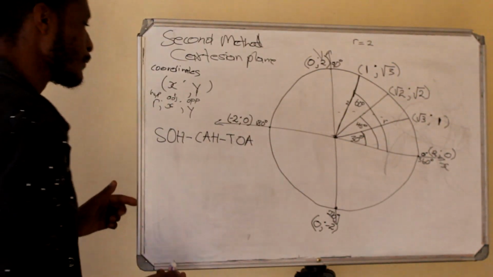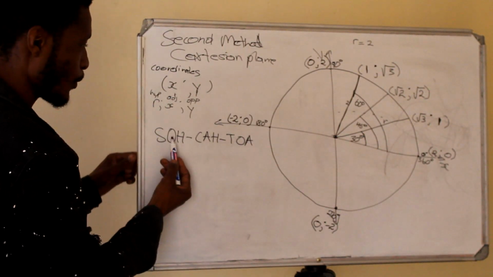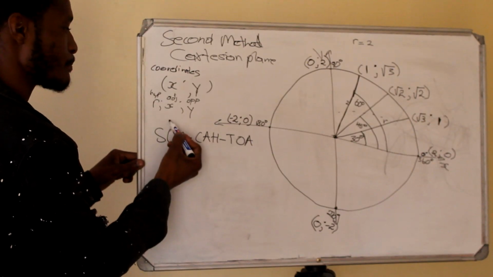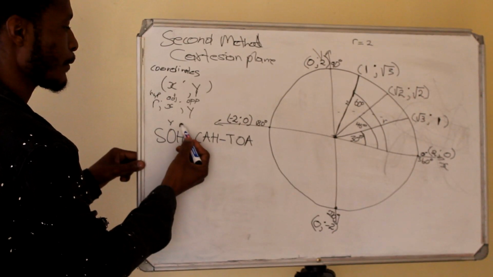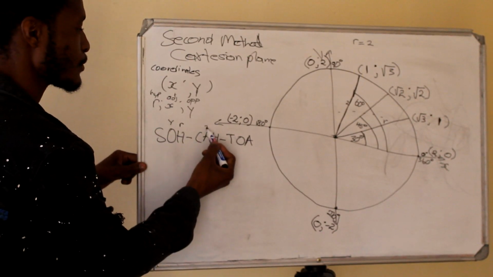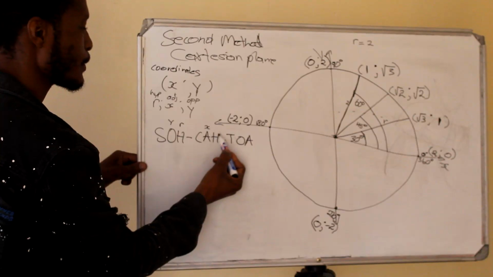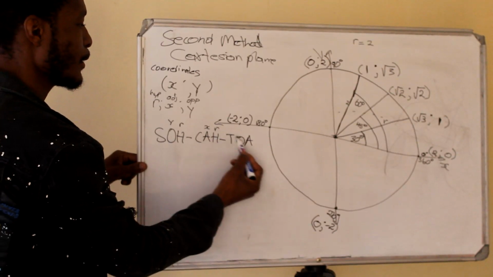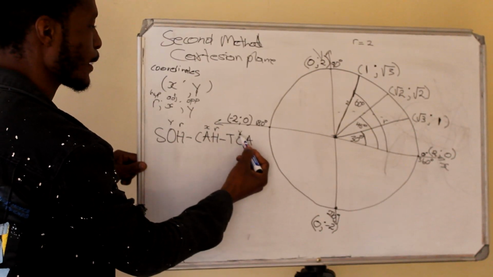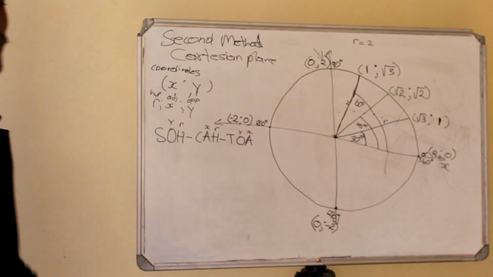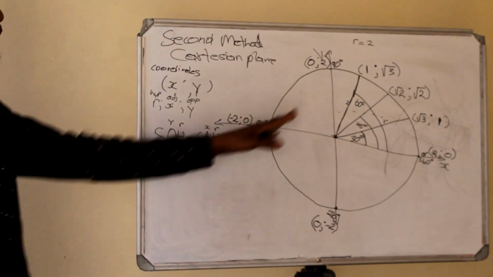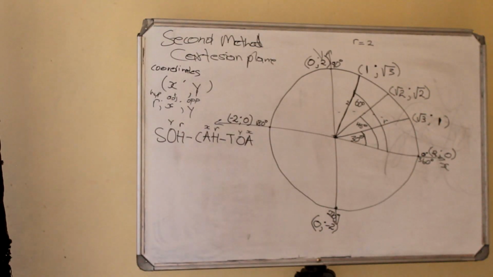Okay, then you know that your opposite is basically your y, your hypotenuse is your r, and your adjacent is your x values. So that's how you're going to distribute everything into your solutions,